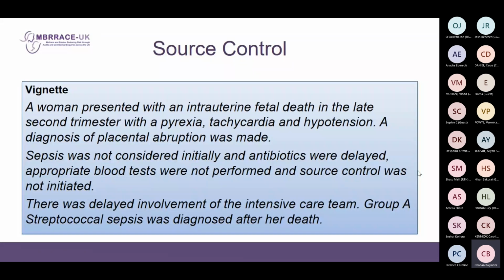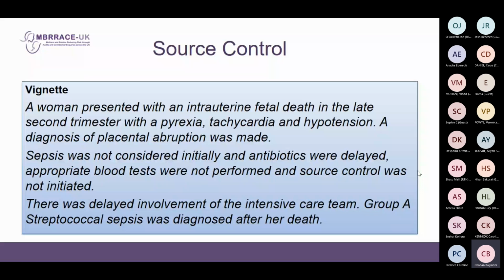Someone comes in with an IUD, tachycardic, hypotensive, and I don't know if she'd had any bleeding or not. The fact that she had a temperature, though, I would hope I would think about infection and sepsis, but you can appreciate how easy it is to get sidetracked, because all of a sudden you think of abruption. What are the implications of abruption? She's bleeding a lot, she's going to DIC and all the rest of it. So it's about thinking of the wider picture and making sure you've covered all bases. That was the point of that case.